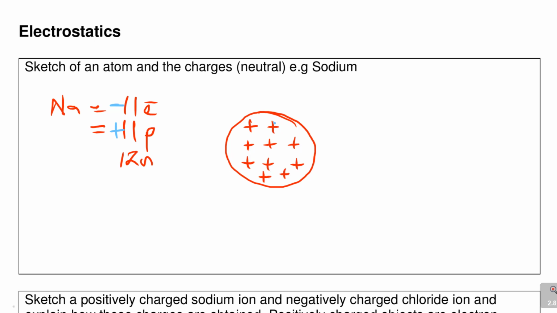So these are 11 positive protons, and at the same time I've got my 11 negatives, 1, 2, 3, 4, 5, 6, 7, 8, 9, 10, and this would be 11. There must be 11 altogether. So this is what you are having. This is a neutral